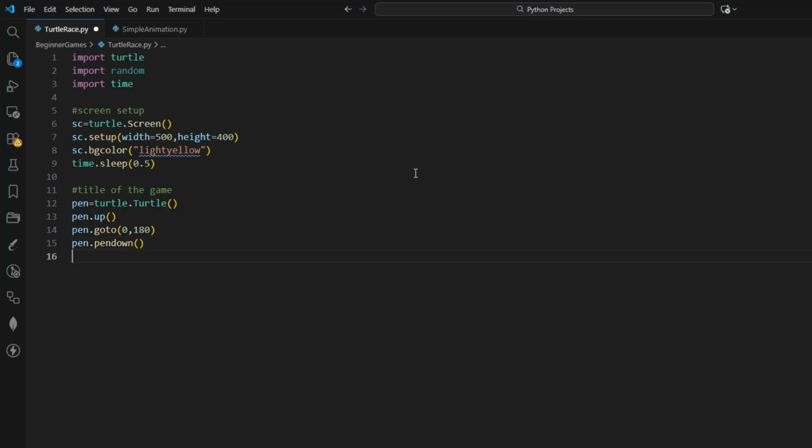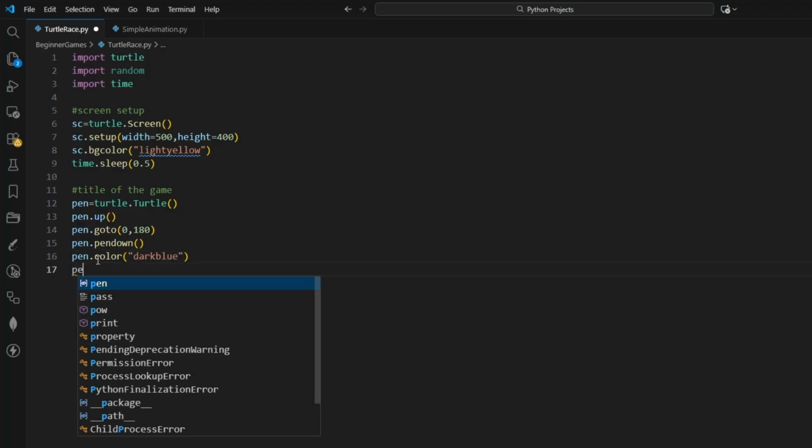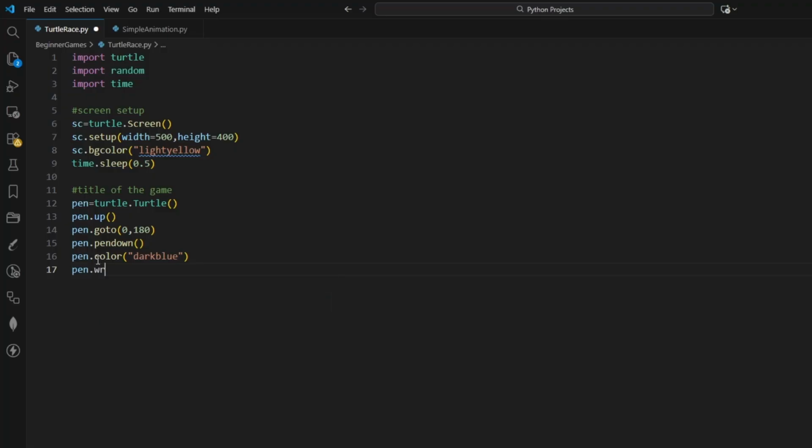Now, once that is done, let's do one thing over here. I'm going to change the color, then dot color somewhere dark blue. Now this will help me to add the pen color. Now once that is done, we are going to use a write function. Now when you use the write function, it helps the turtle to write the text on the screen. So we are simply going to use Welcome to the Turtle Race